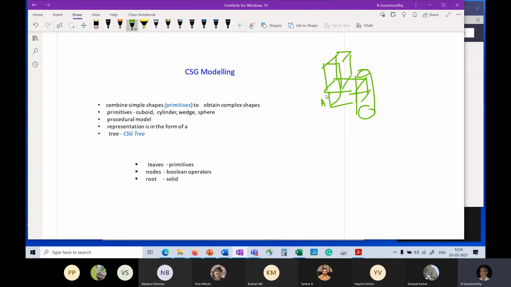And so I call this A, this B, and this C. These are all point sets, right? And I give the instruction to the computer that I'm interested in A union B minus C. And hopefully, if everything goes well, you should get an L bracket with a cylindrical slot. Okay, so that's the idea.